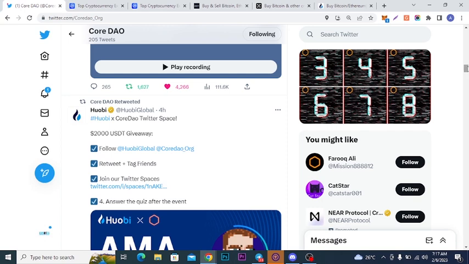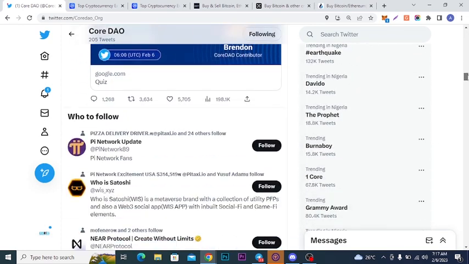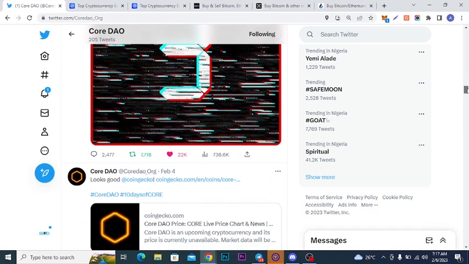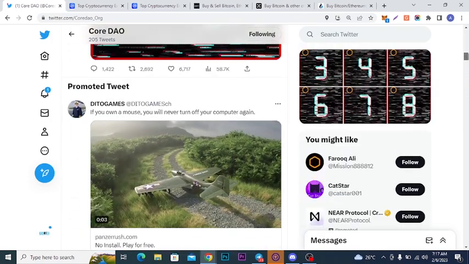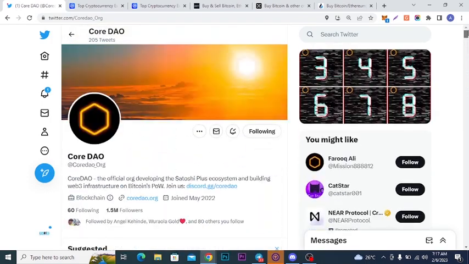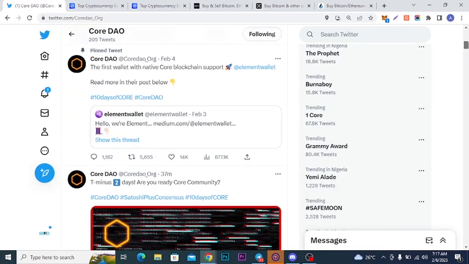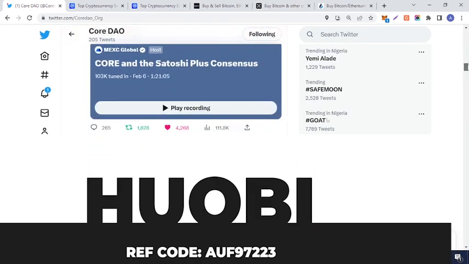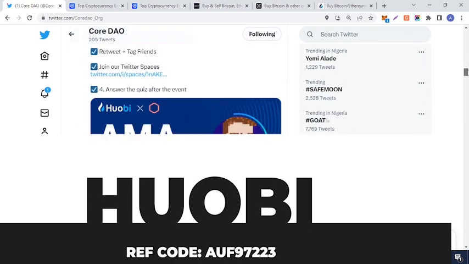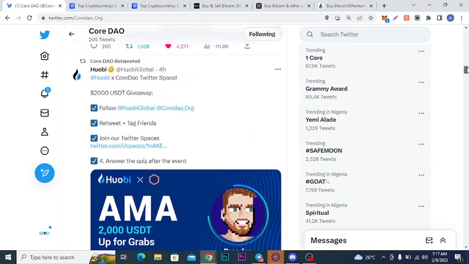If you've been observing here, they've been having partnerships with different crypto exchanges. A lot of these partnerships have been mentioned on the Core DAO Twitter page, and I'm going to be showing you how to actually connect with these exchanges. If you're not already registered with these exchanges, you need to get registered. One of them here is the HUOBI Exchange. There will be a deposit address in these exchanges, so you need to go and register an account right now with HUOBI.